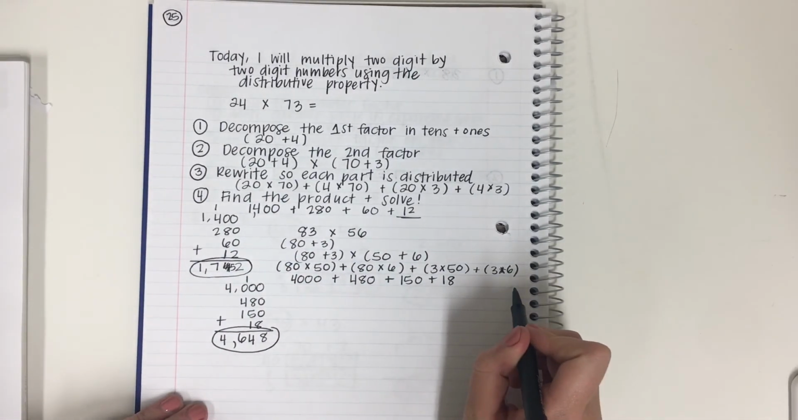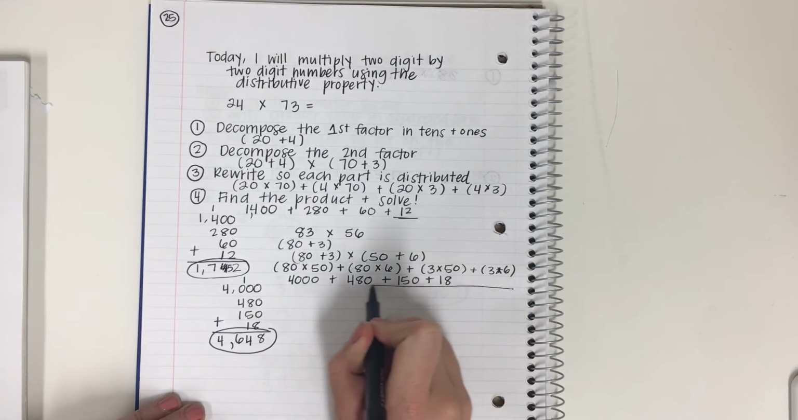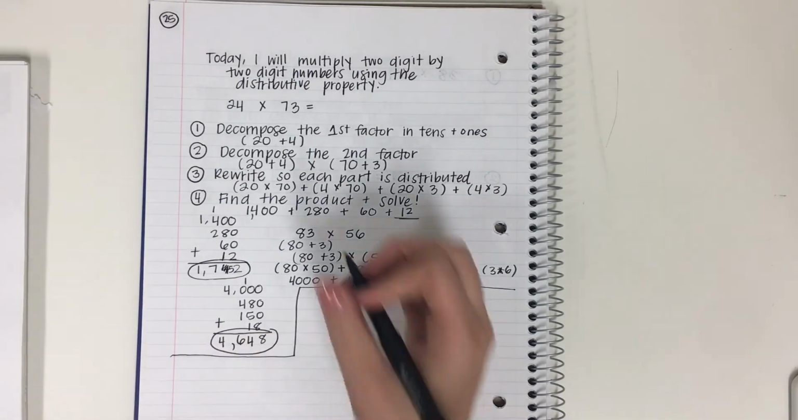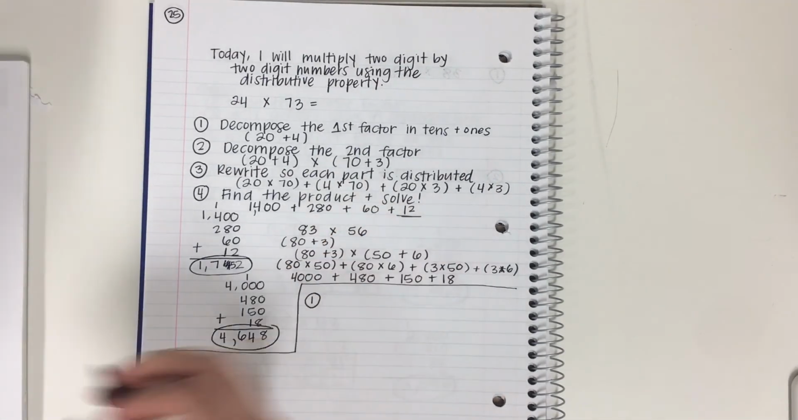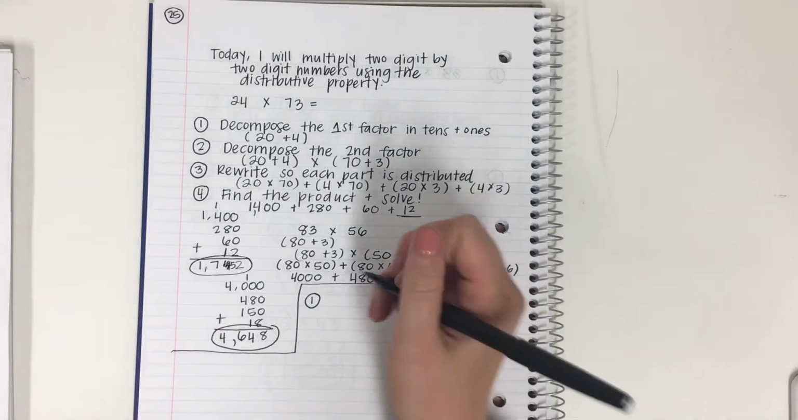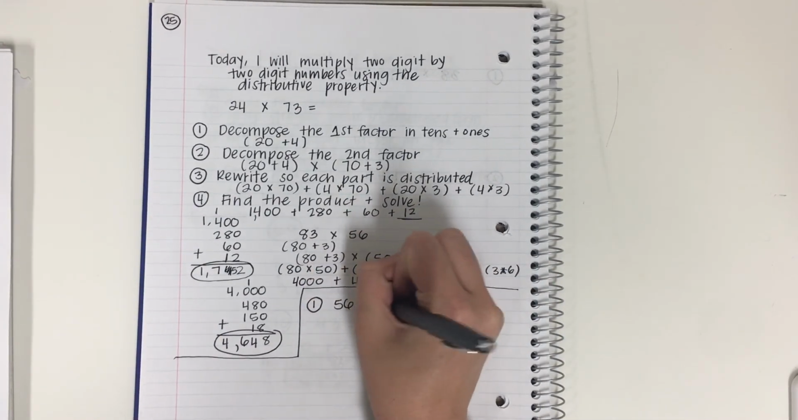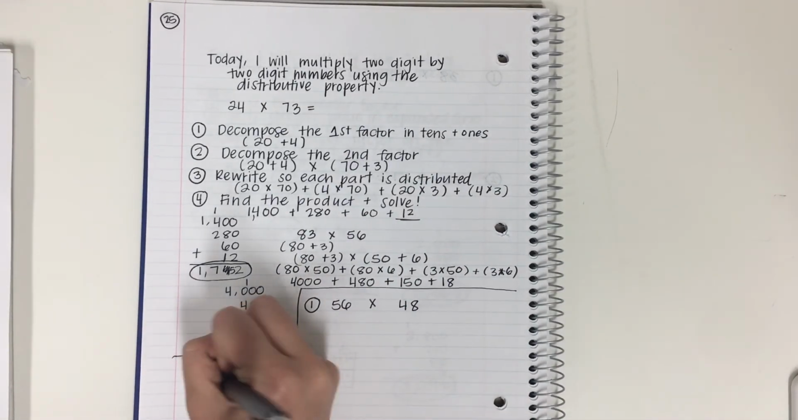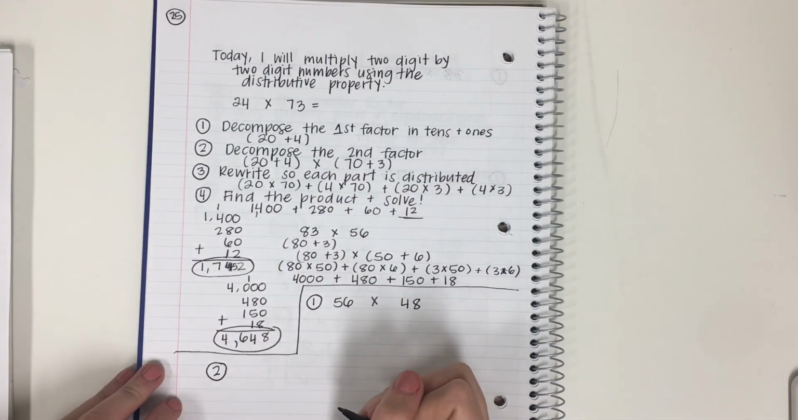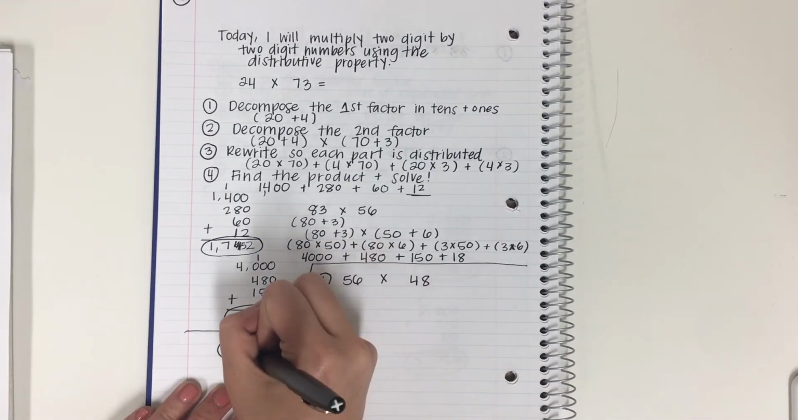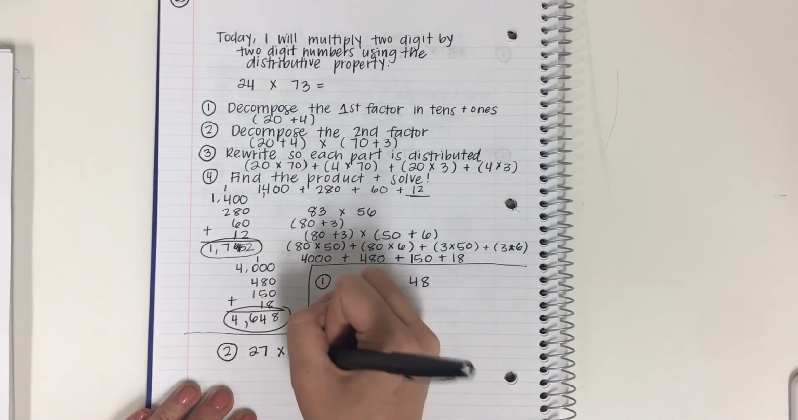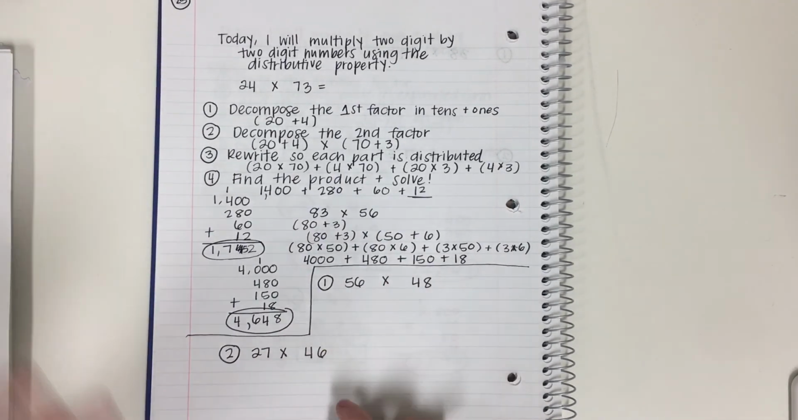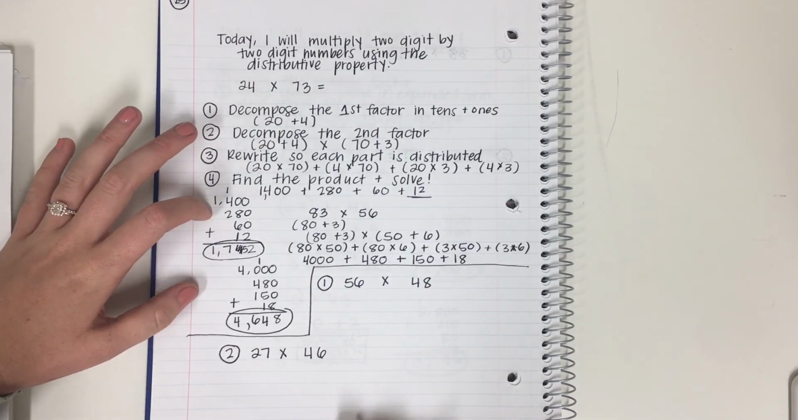Okay, these are going to be the 2 that I want you to work on tonight. I'm just going to draw it so I have enough room. Okay, so first one, let's do 56 times 48. And then for number 2, let's do 27 times 46. Okay, so do those 2, use the steps above, use the examples, and